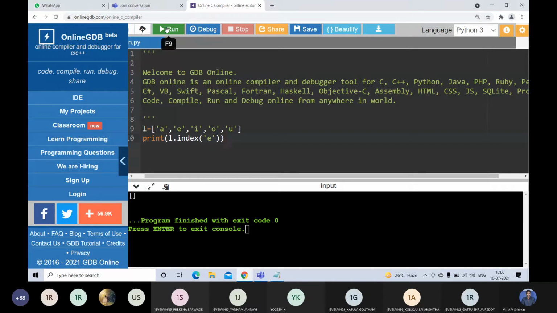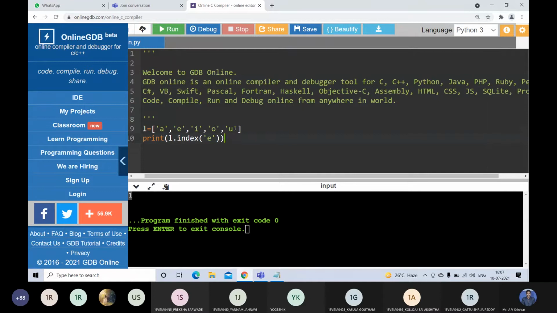Then what is the index of E here? Index of E is 1, since indexing starts at 0. So we will get 1 here. If you are not passing the starting index and ending index, it will search for the given element in the entire list.